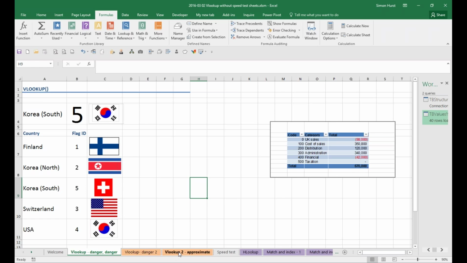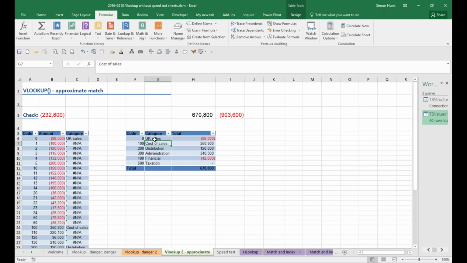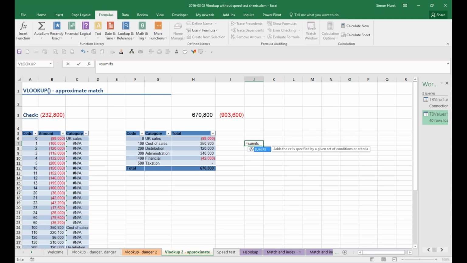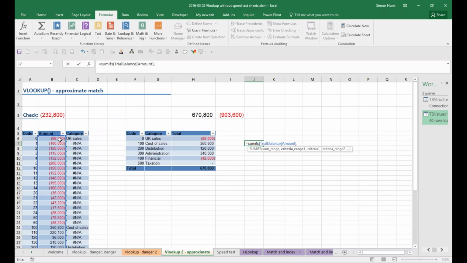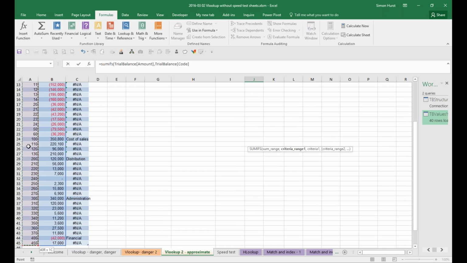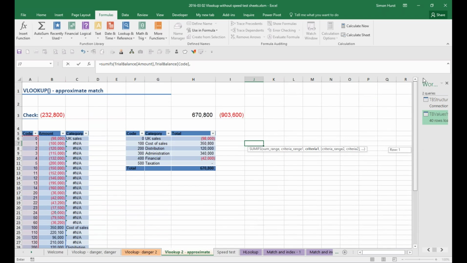So if you want to apply a criteria, then you might really be looking more for something like SUMIF. In fact, in our example here we're sort of doing that, because what we're saying is bring in all codes that are greater than or equal to 100 but less than 200. So we could do that using SUMIFs, without doing the category bit. So we could do equals SUMIFs. See if I get this right. The sum range, make that absolute. And the criteria range will be our codes this time, the code range must be